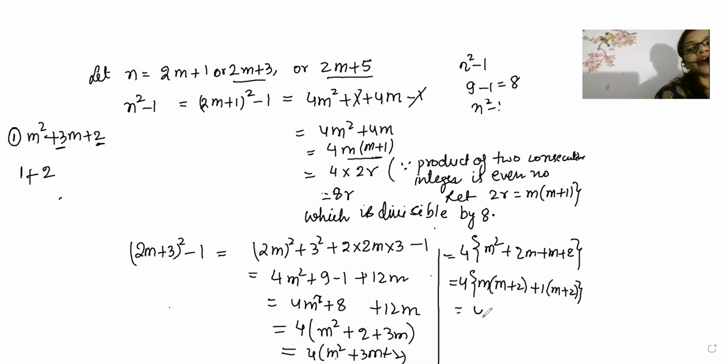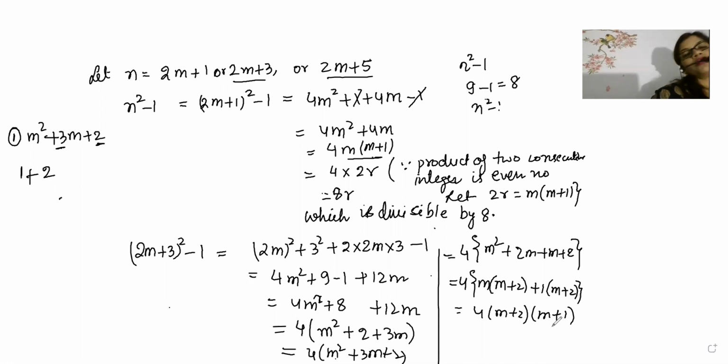Now look here, m plus 2 and m plus 2, so take m plus 2 common. What is left inside is m plus 1. Now again, m plus 1 and m plus 2 are consecutive numbers. You put any value there and check. You keep the m value as 1, it will come 1 plus 1 is 2, and 2 and 3. They are consecutive numbers. And the product of two consecutive numbers is